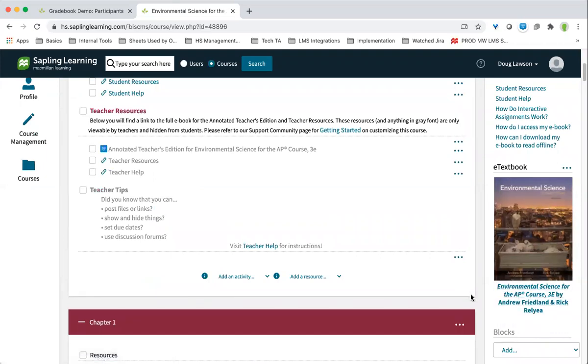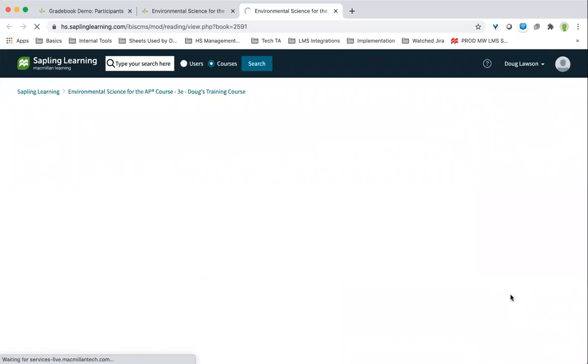So all of our SaplingPlus courses have our student edition of the textbook over here on the right. And this textbook is actually in a slightly different platform than Sapling, and so users do need to set up an account for that platform. That platform is called our Bookshelf platform or Vital Source. And if I click on this link here on the right, the system will automatically single sign me into the